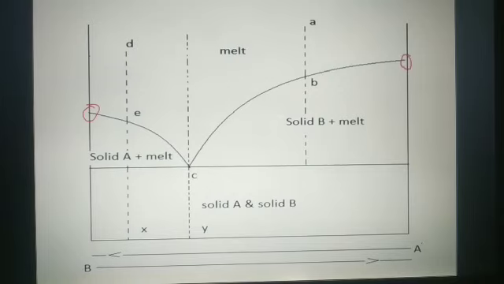There is a steep decrease in the melting point of this component by the addition of the second, and there is also a decrease in the melting point of the first component by the addition of the second, where C becomes the eutectic point here, that is the eutectic point. Now suppose we have a particular composition here that belongs to this A.